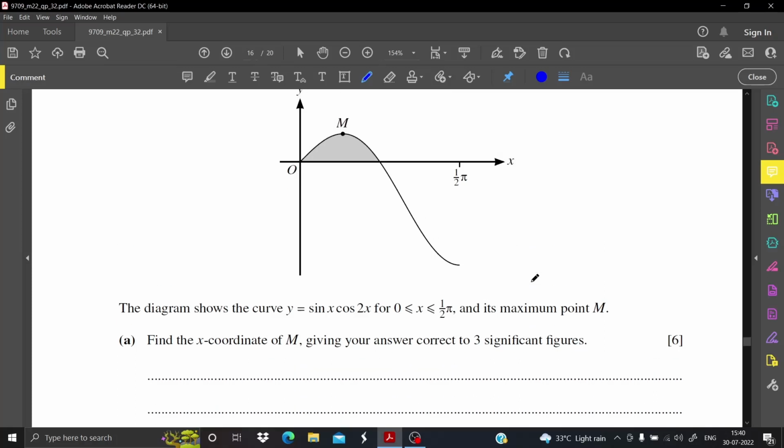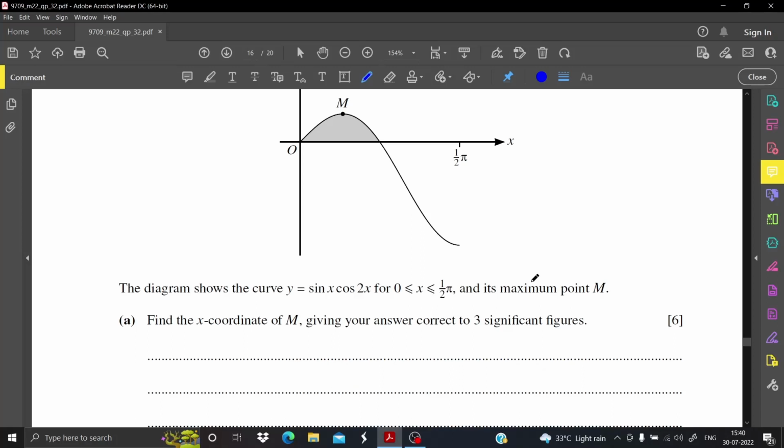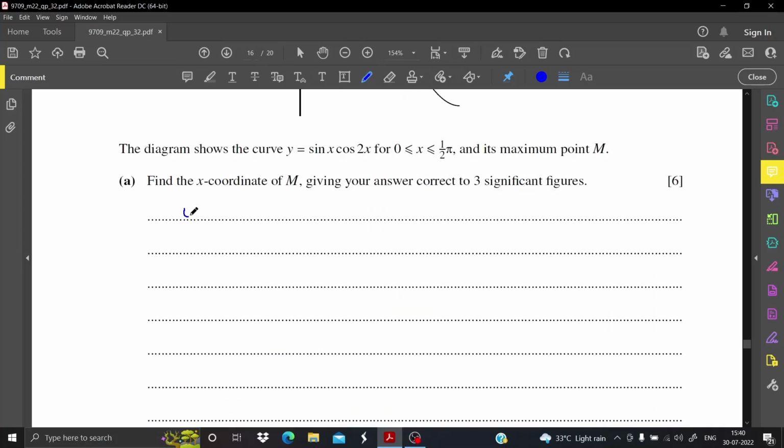So moving on to the last question we have. There's a point M here, and it says prove that it's already the maximum point. We need to find the x coordinate, which is basically the differentiation concept. So y equal to